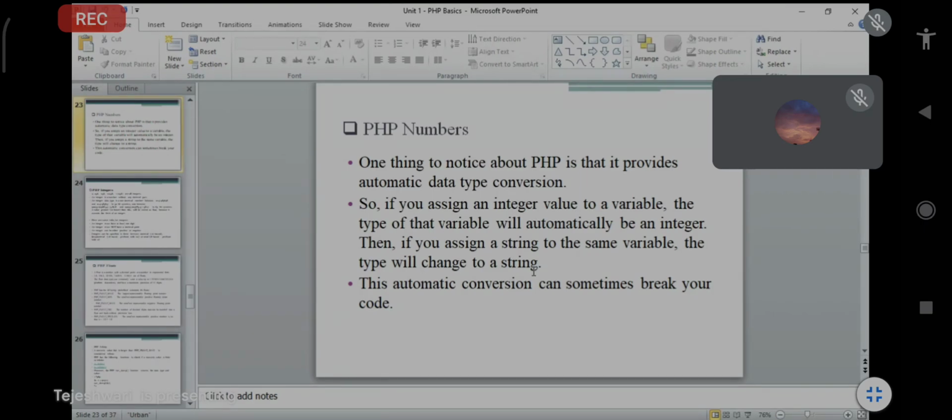This automatic conversion can sometimes break your code. So this is PHP numbers.